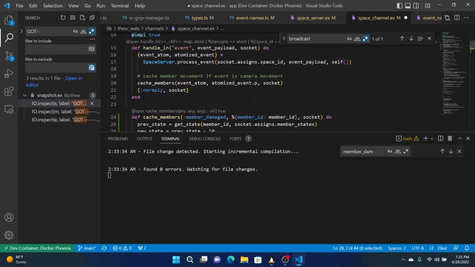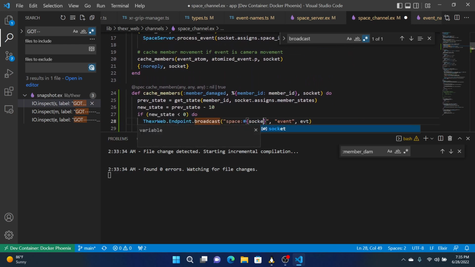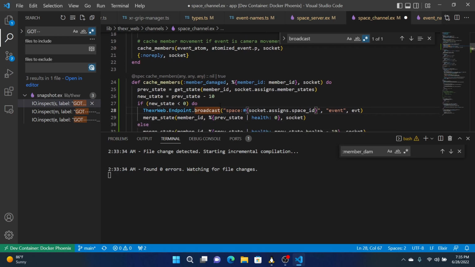What's in the socket? Socket assigns space ID, event, and the event shall be